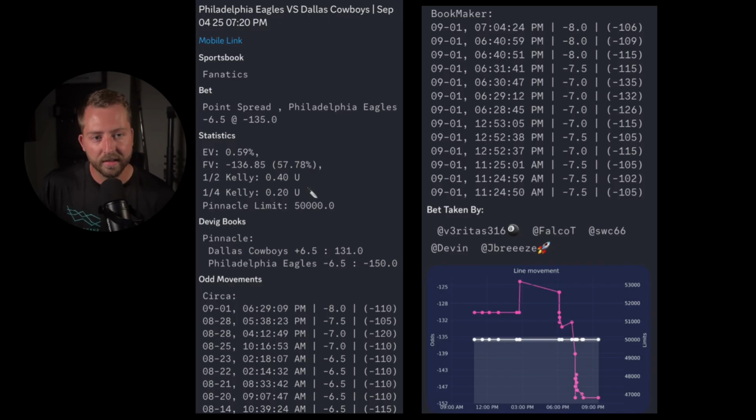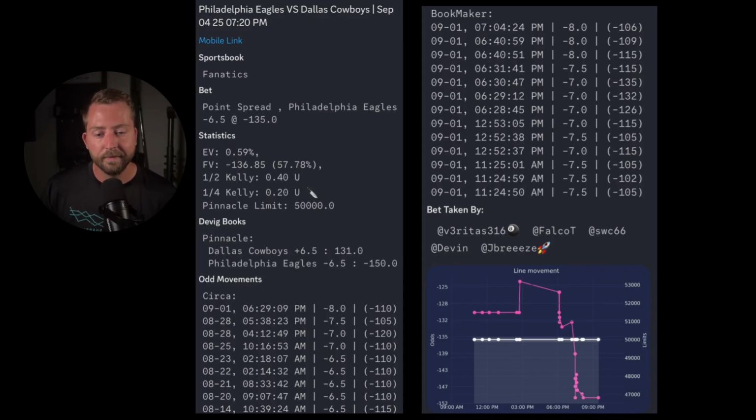That is indicating some really strong action towards the Eagles, which is great. If you look over here at BookMaker, you have the same thing. They did go from -7.5 to -7 and then quickly back up to -8. So they both settled at this -8 number. Overall, this is a play that I'm really excited about and excited to look into a little bit more. The market is moving so hard on the Eagles. This is probably a play that I would just go ahead and hit right now without doing this extra math. But what we're going to do now is use the Circa main line at -8